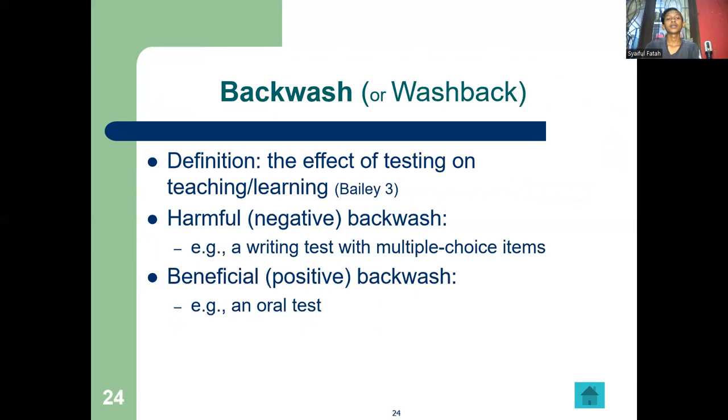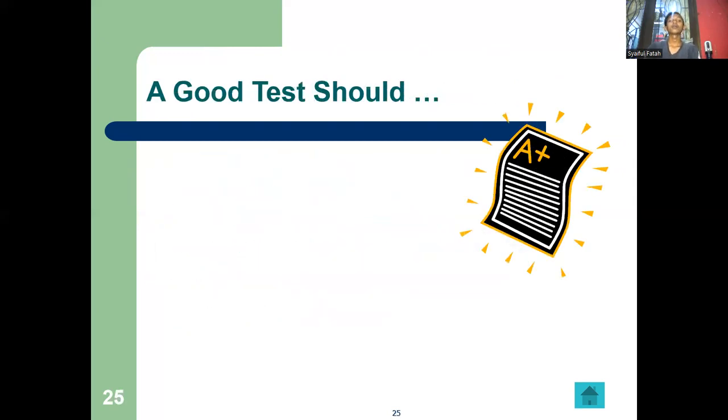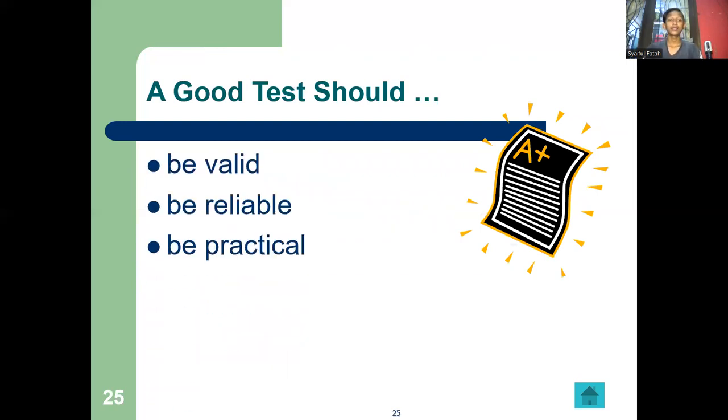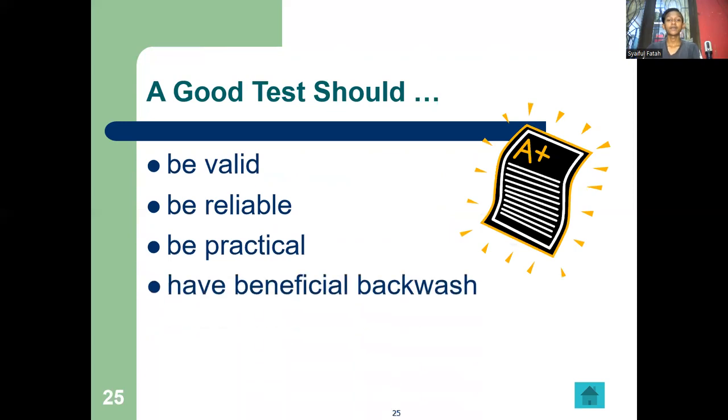Backwash or washback. Definition: the effect of testing on teaching or learning. Harmful or negative backwash, for example testing writing with multiple choice items. Beneficial, positive backwash. A good test should be valid, be reliable, be practical, and have beneficial backwash. Okay,